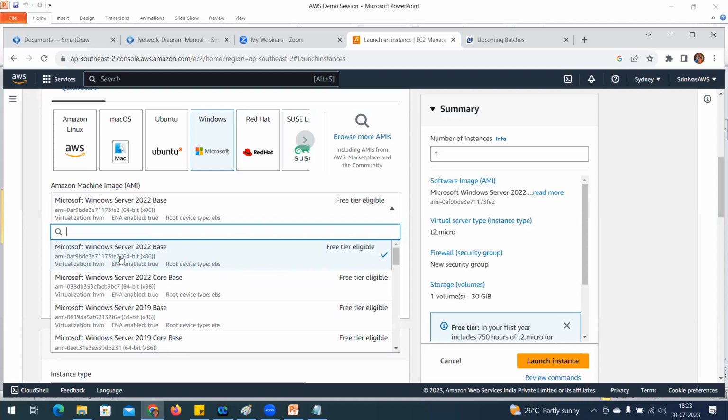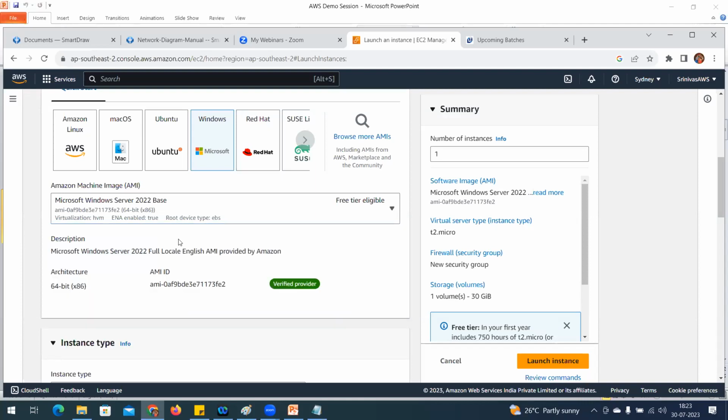I'm going to select this. I already selected it, see here. This is an important option. You need to make sure this is there in this deployment. Whatever operating system you choose, you can practice. Okay, you are going to choose free tier eligibility. Okay, then you are going to clear.